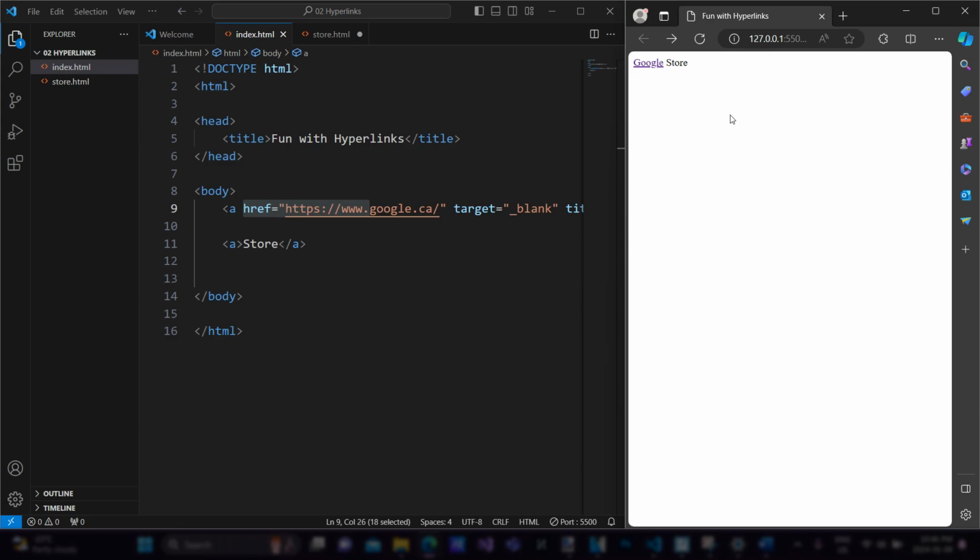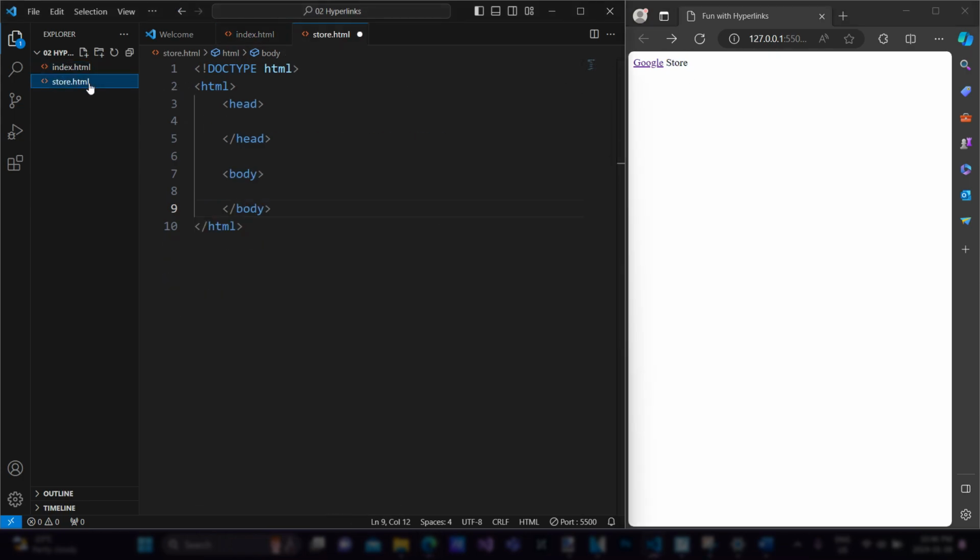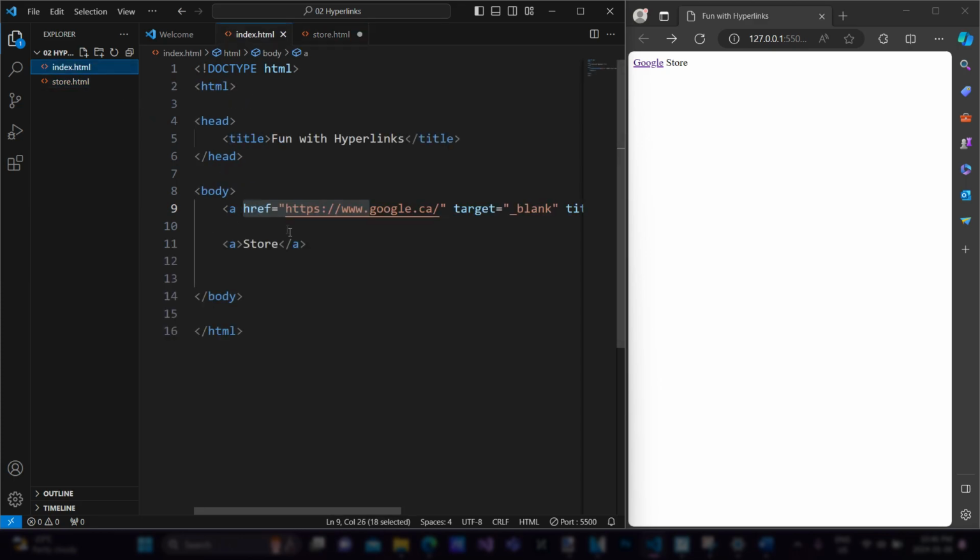But before I do that, scratch that. I do want these beside each other. So if I click this store hyperlink, I want it to take me to this page of my website. So how do I do that? Well, inside your a tag, we're going to give it an href. We're going to change the href attribute, and instead of taking us to this website, google.ca,